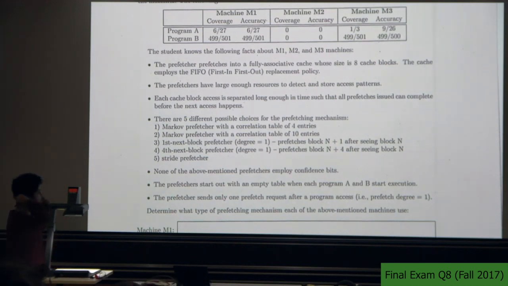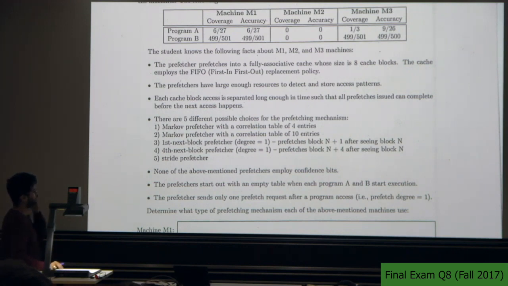And there are 5 different possible choices for the prefetching mechanisms that we know beforehand. The first 2 are the Markov prefetcher, 3 and 4 are variants of a next block prefetcher, and the 5th one is a stride prefetcher. The first one is a Markov prefetcher which can learn and store up to 4 entries, the second one can store up to 10 entries, the third one is just the next line prefetcher, the exact next block, the 4th one is the 4th next block basically, and the 5th one is the stride prefetcher. So now the question is that